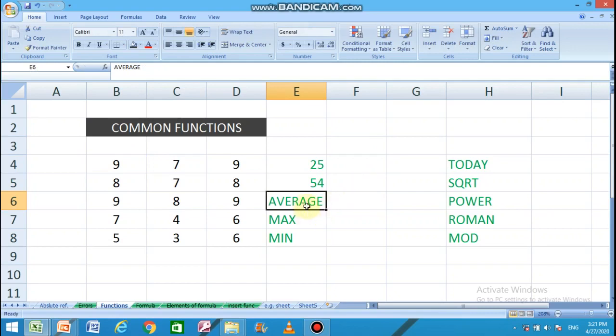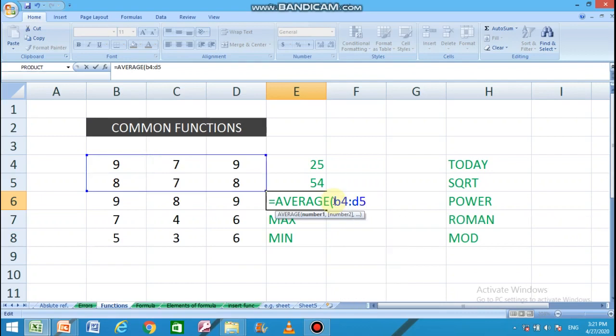Next function is to find out the average. The name is average. We can find out the average of the provided arguments, like average B4 colon D5.